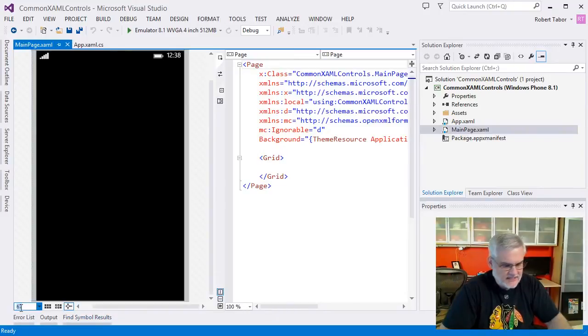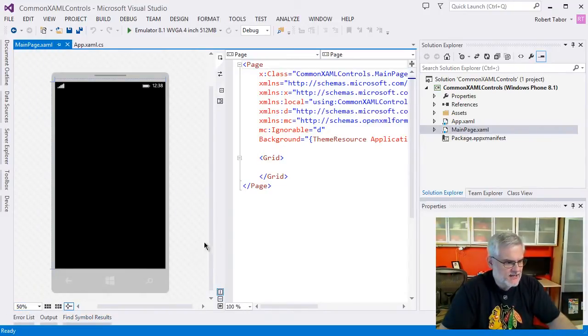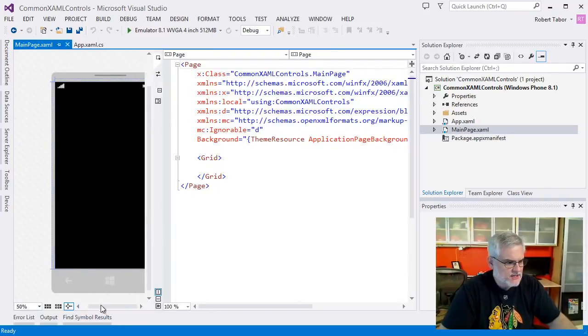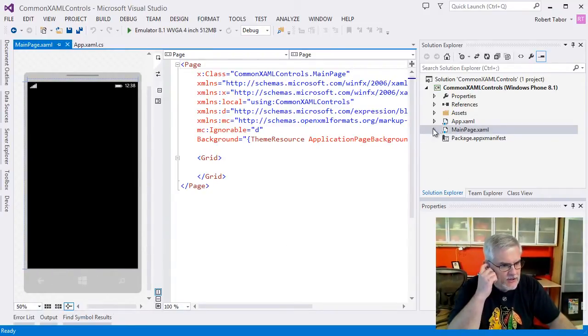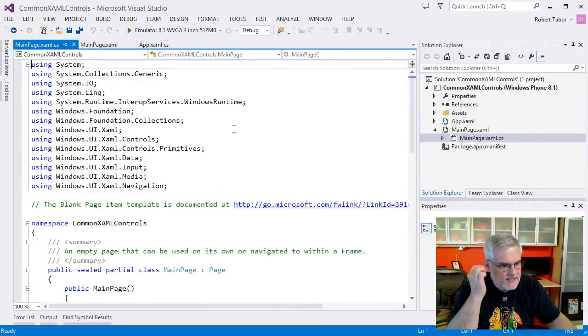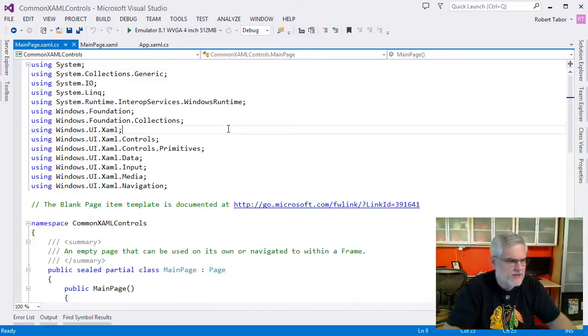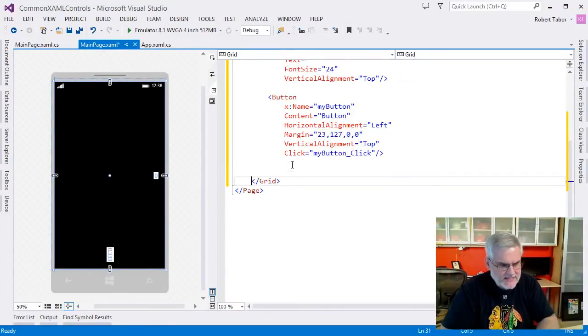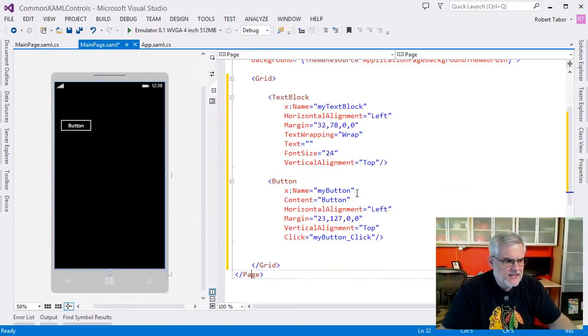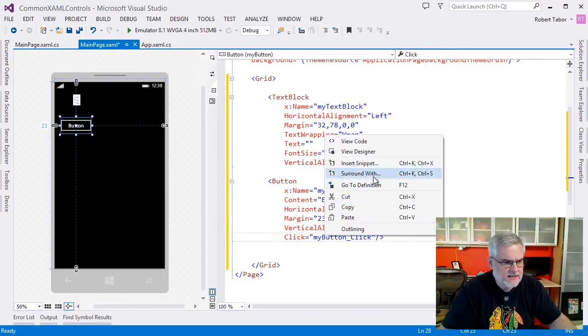In fact, let's set this at 50%. That should make it a nice size for us. And we're also going to want to open up the CS, and then I think what I'll do is just unpin this for the moment. I don't think we need any of that. Great. Awesome. Okay, so I'll paste in a text block at the very top and then a button control, and then in the click event of the button,